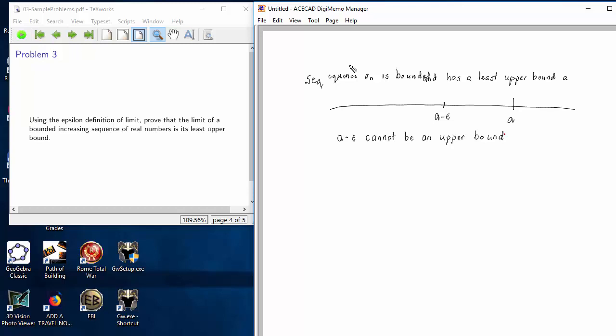Since A minus epsilon cannot be an upper bound, there must be elements of the sequence that are larger than A minus epsilon. So I will choose